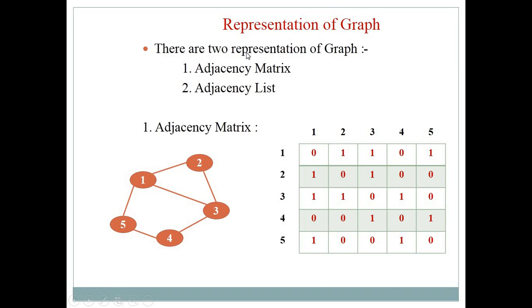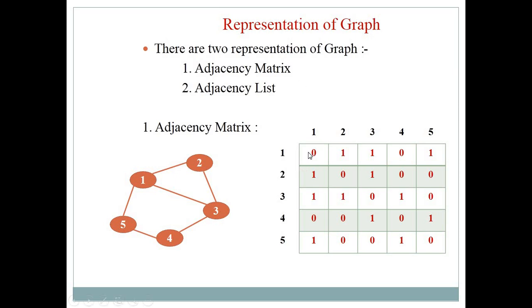Representation of graph. We can represent a graph by two things. First one adjacency matrix and second one adjacency list. So let's check about adjacency matrix. So this is the graph and this is the adjacency matrix. Here we have denoted all the vertices on these columns and on these rows. Here our task is to finalize if a 1 to 2 edge is available. If available, then how many direct edges are available, that will be known as adjacency.